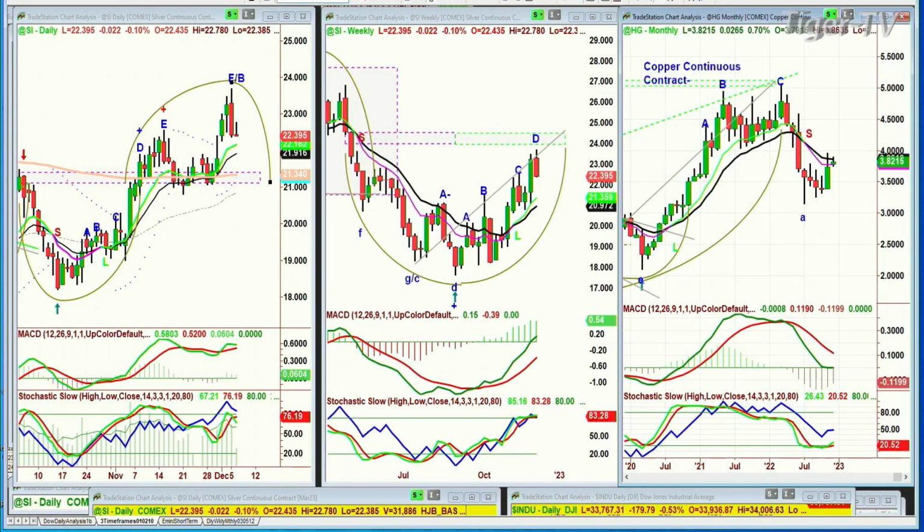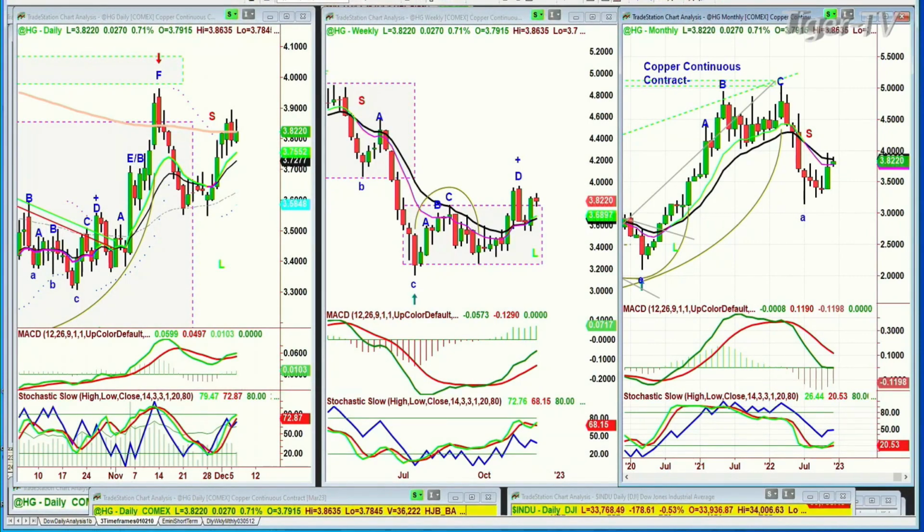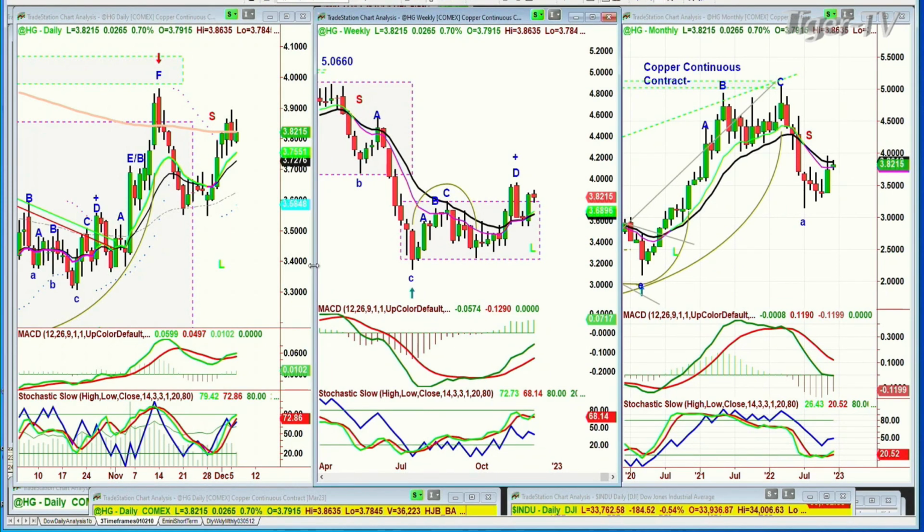High-grade copper is trading, let's see, up 0.02 at 3.82. And what does that tell us? It tells us there's a chance that this move right here, with the stochastic only at 72%, the MACD good but flat, 9-period moving average very good, nicely over the 14, but that 200-period moving average, look how it's been a hindrance to the breakout. It just doesn't allow it.